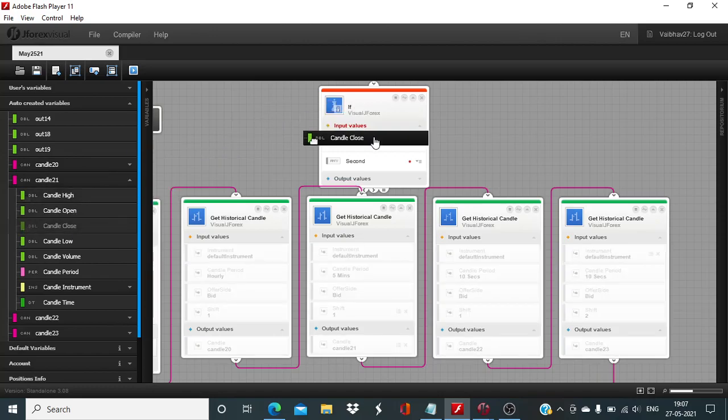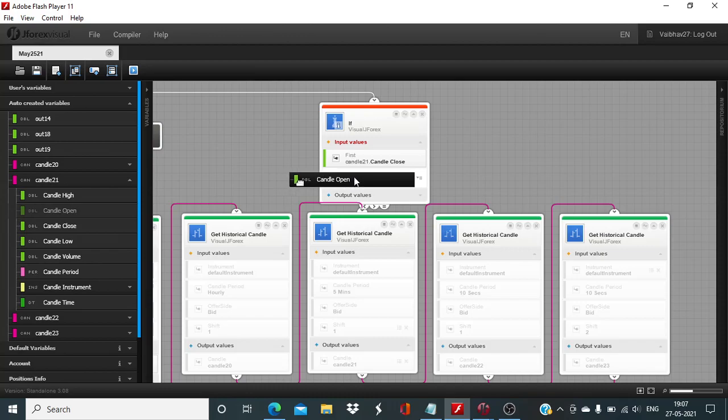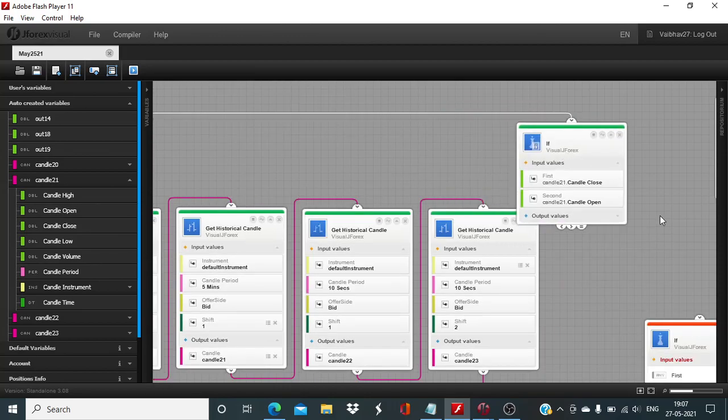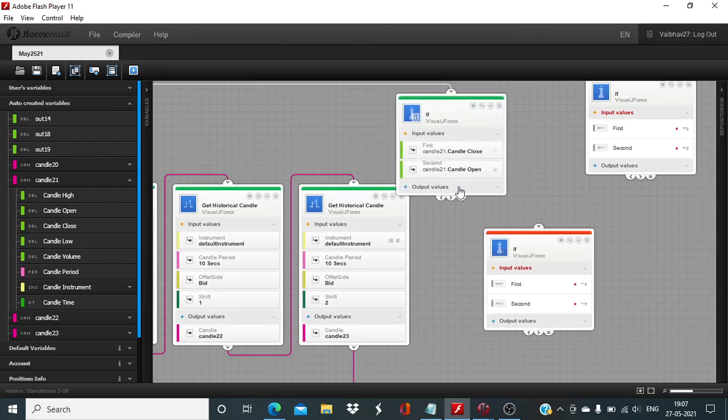Candle 21 close needs to be less than opening price. So here we need first input less than second input,